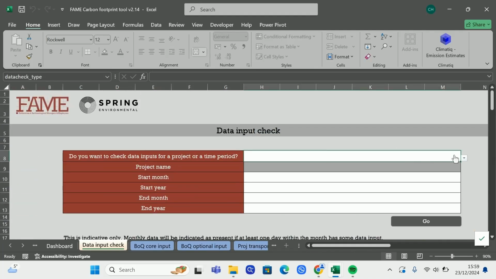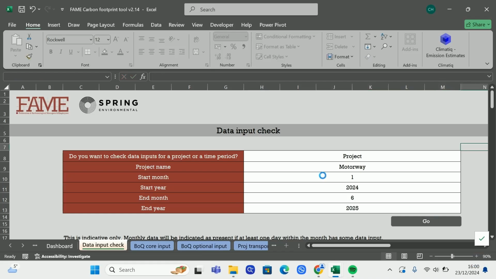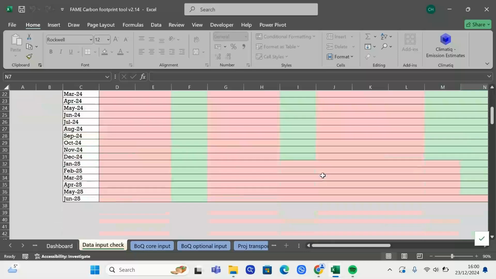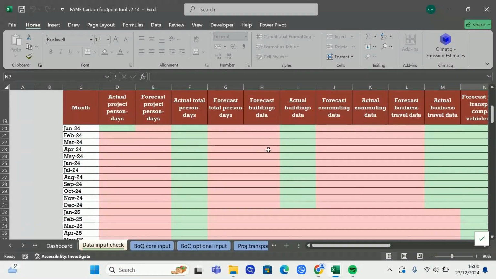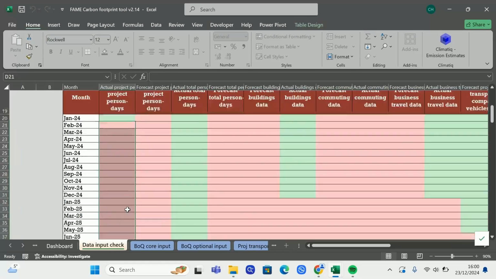So to use it, you need to first select whether you want to do a project or a time period. Let's start with the project, motorway, and let's just do this project ran from Jan 24 to June 25. So let's just see what data's been input. So we can see there's a lot of red, and in fact there's a lot of actual person days missing,